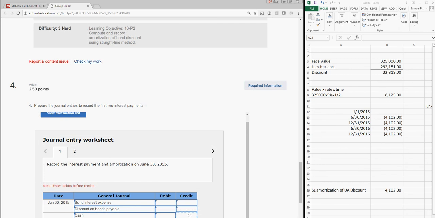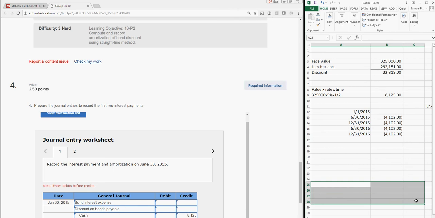That goes out in cash, and I know also that I have to add to that $8,125 my discount for each period. So if my interest is always increased by the discount, the cash paid will be $8,125, and the discount will be $4,102. And once I add those things together,